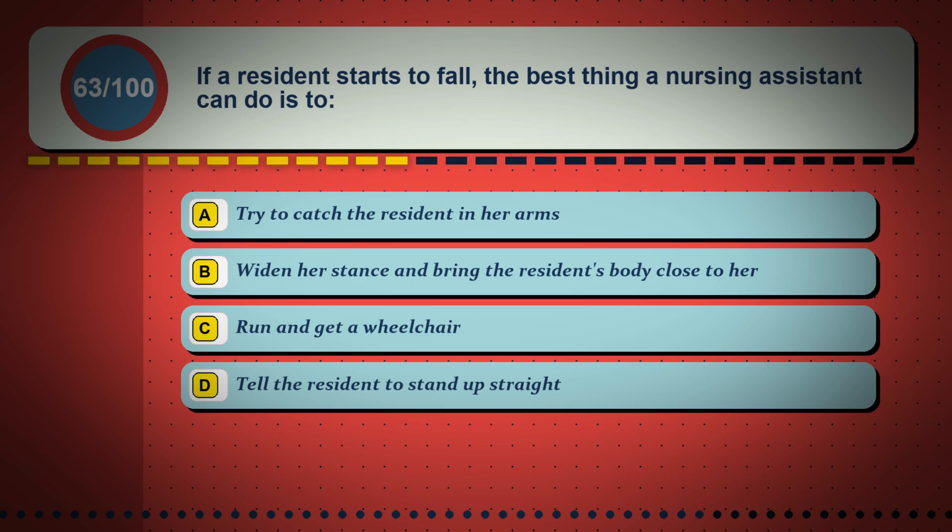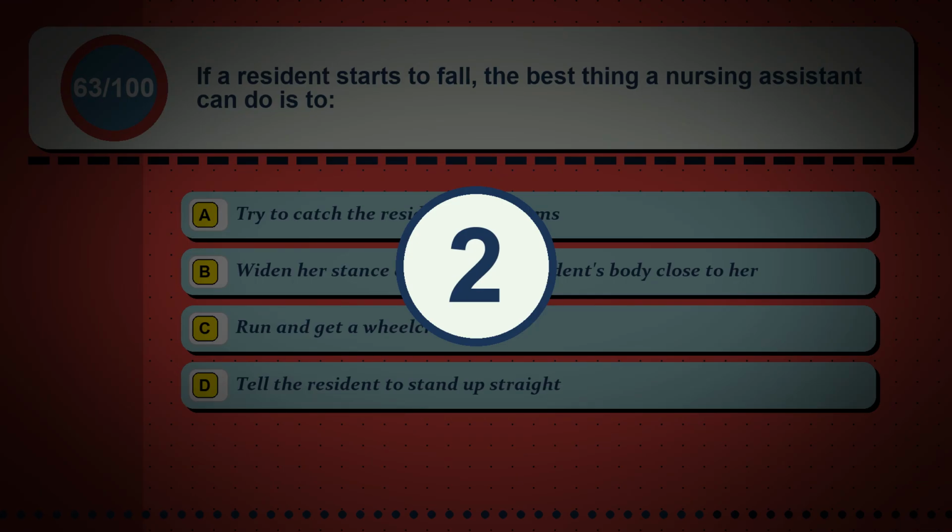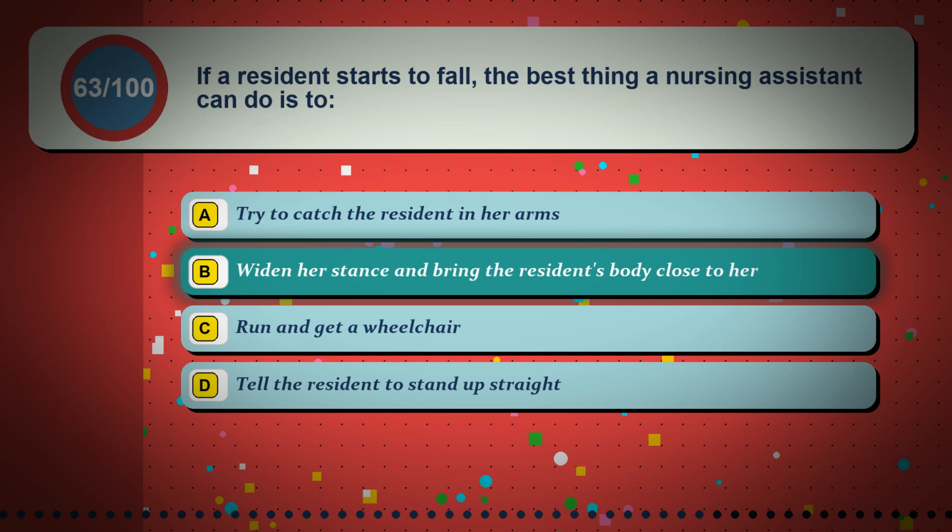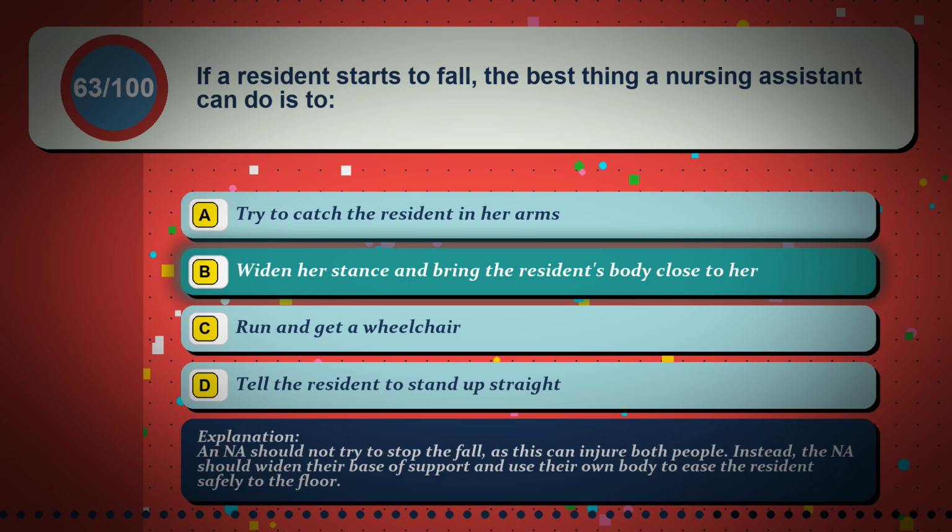Option B, widen her stance and bring the resident's body close to her. Option C, run and get a wheelchair. Option D, tell the resident to stand up straight. The correct answer is option B, widen her stance and bring the resident's body close to her. An NA should not try to stop the fall, as this can injure both people. Instead, the NA should widen their base of support and use their own body to ease the resident safely to